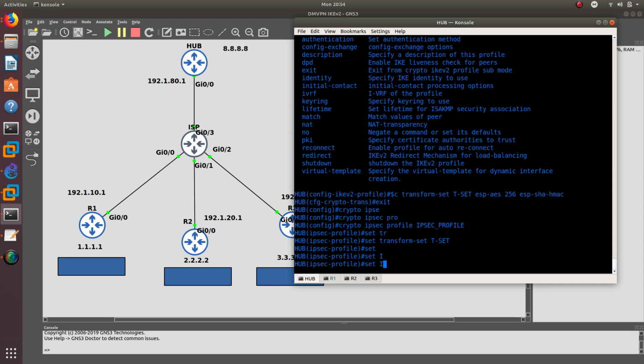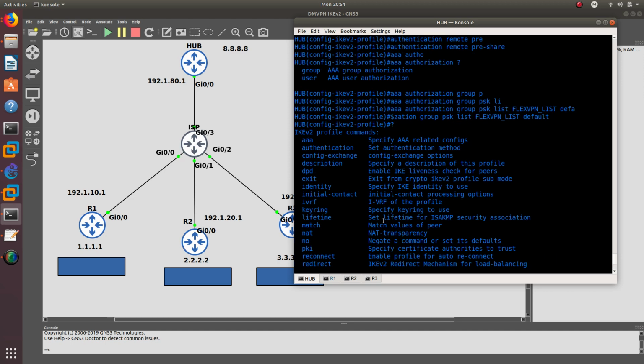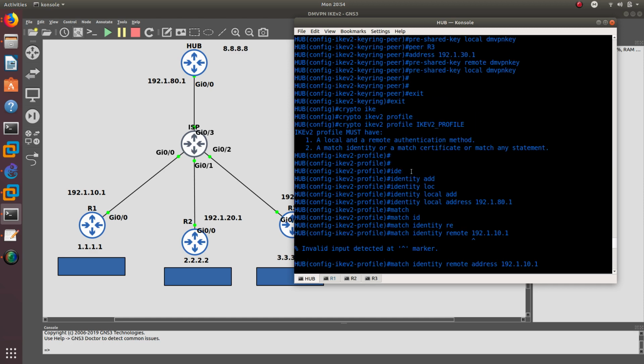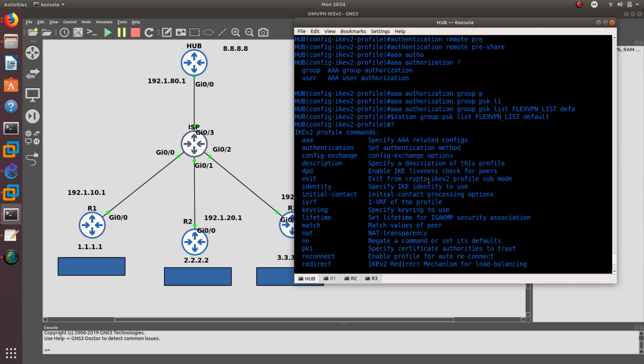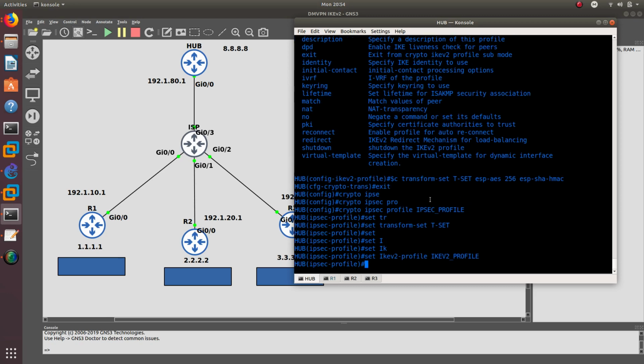IKEv2 profile, which we call IKEv2 underscore profile, I believe. Let's go ahead and go up and take a look. IKEv2 profile. Yep, there we go. So after that is done, what we need to do, we need to go ahead and do a router